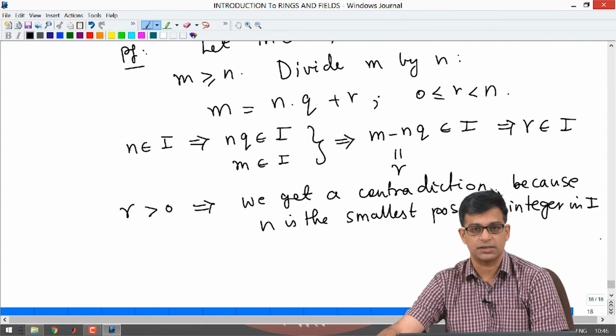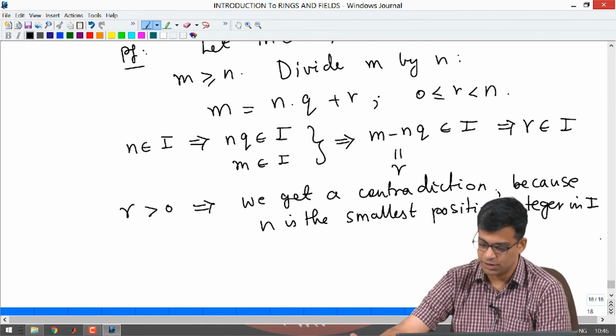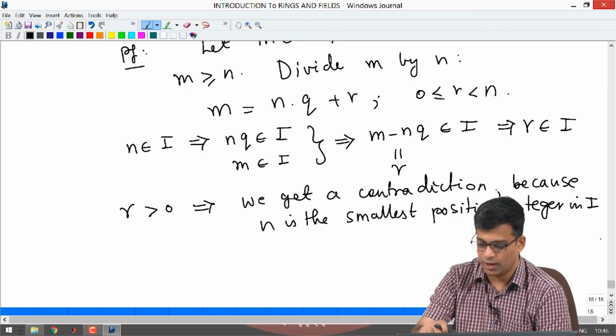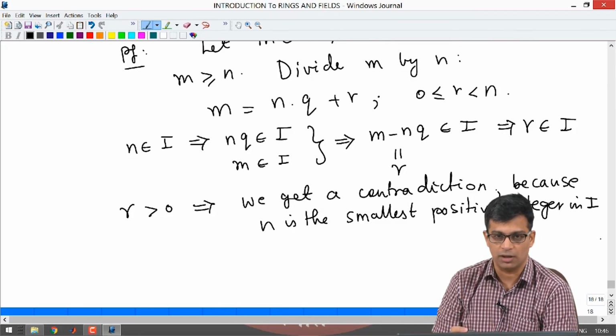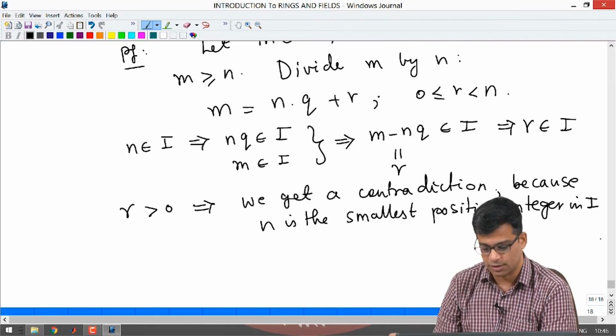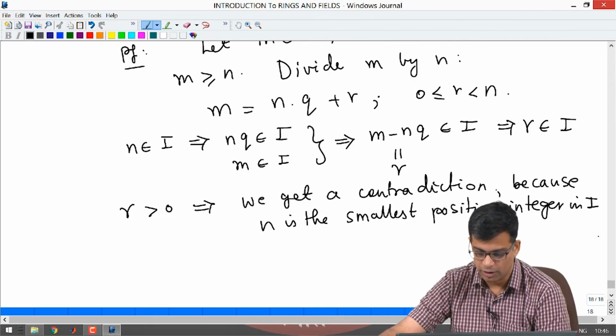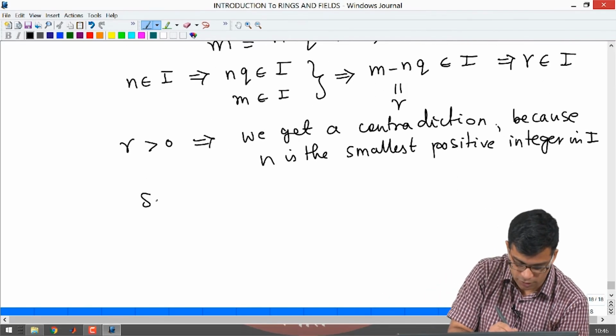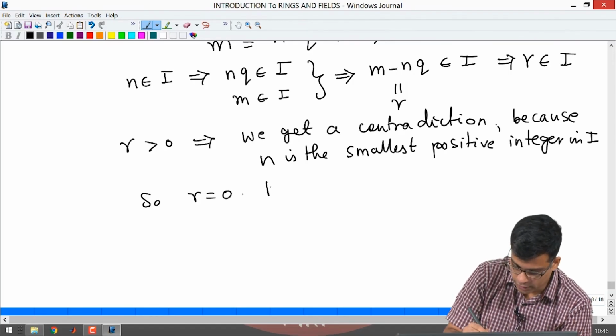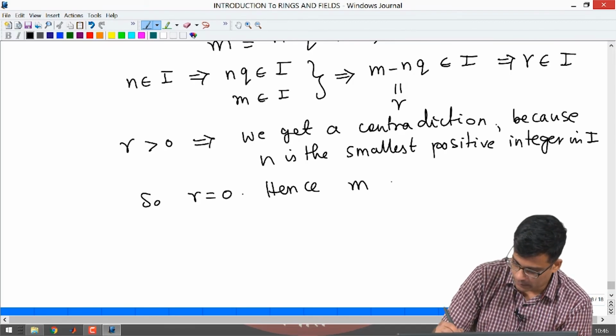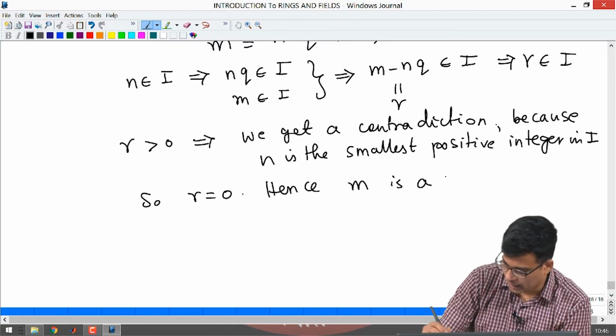The contradiction is to the fact that n is the smallest positive integer in I. r would be smaller than the smallest positive integer in I, which is certainly absurd. So, r must be 0, and hence m is divisible by n,